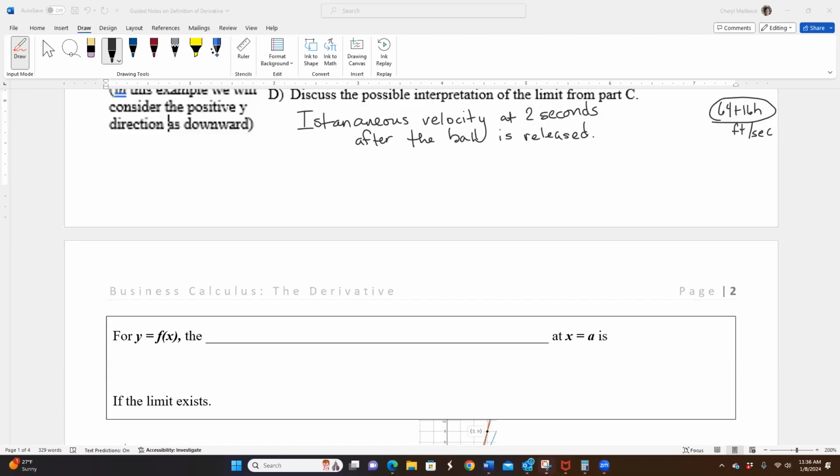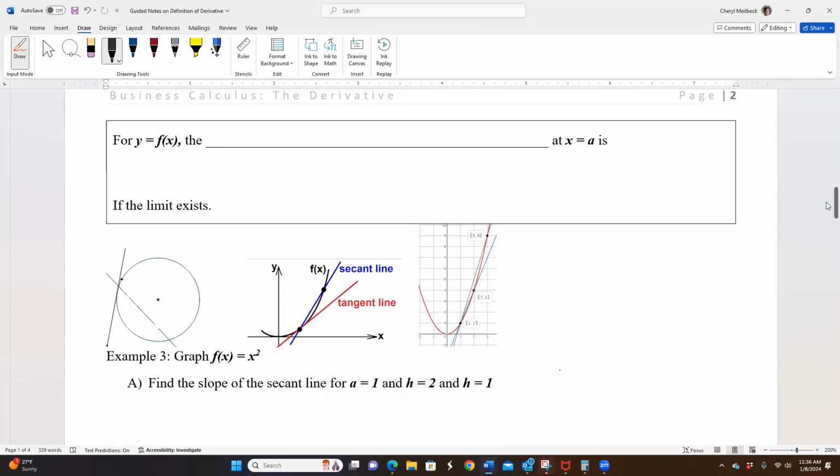In our previous video, we talked about the derivative and average rate of change, with our last example leading us into the instantaneous rate of change, or the instantaneous velocity. We're going to continue that here with the definition. So for y equals f of x, the instantaneous rate of change